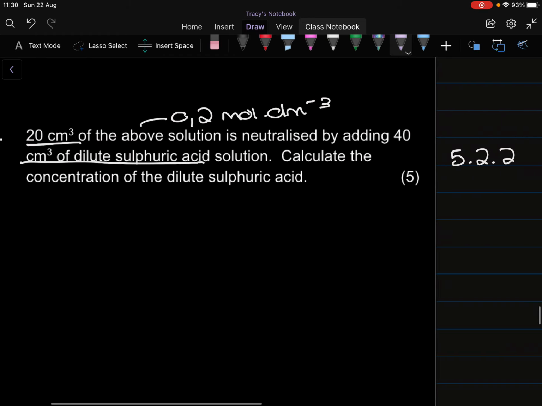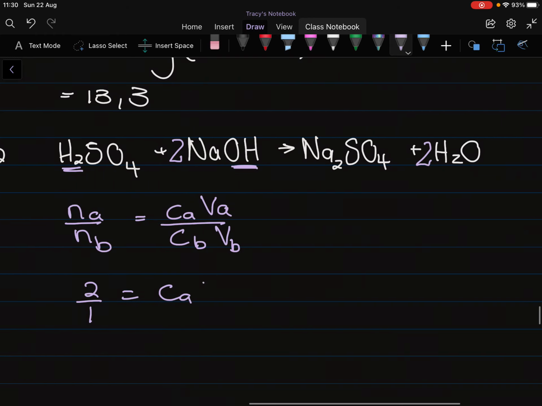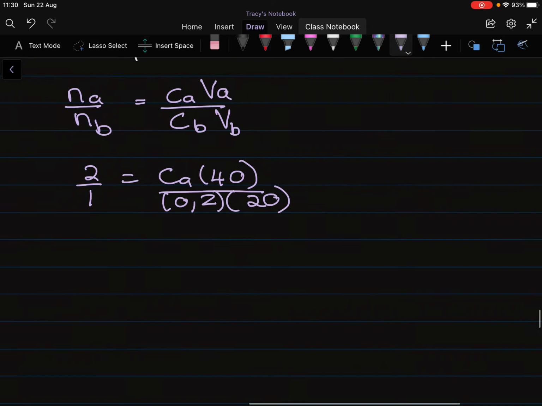Concentration, now if you look back here, we used 40 and 20, so we've got 40 centimeters cubed of the acid. We know this is 0.2. We have 20 centimeters cubed of the base. And when we manipulate it and we turn everything upside down,